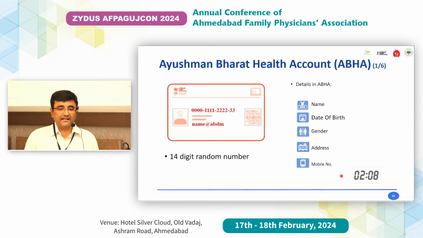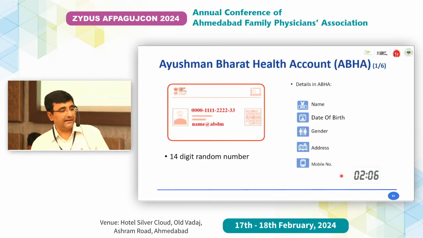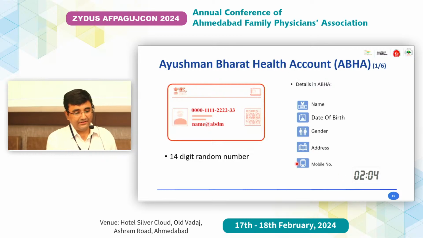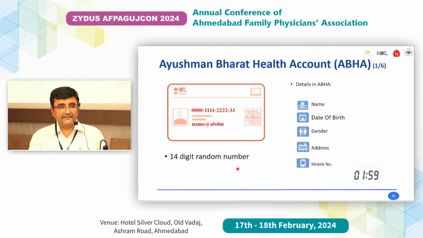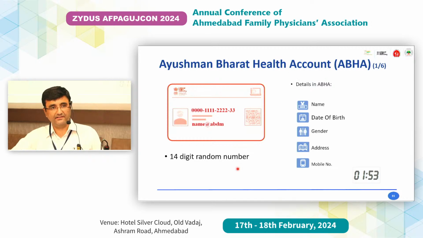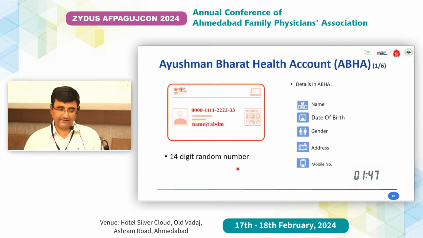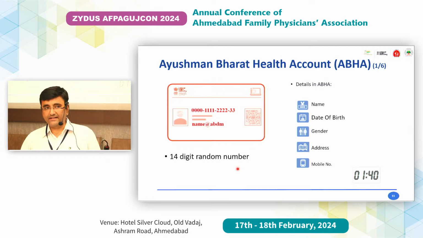Ayushman Bharat Health Account, ABHA. ABHA is nothing but a 14-digit random number. If a gathering starts generating ABHA, then everybody will get a random number. It's not a sequenced number. Everybody will get a unique number, so it is very hard to predict the ABHA number. Generally, it is generated either from Aadhaar or from driving license. The easiest way is from Aadhaar.